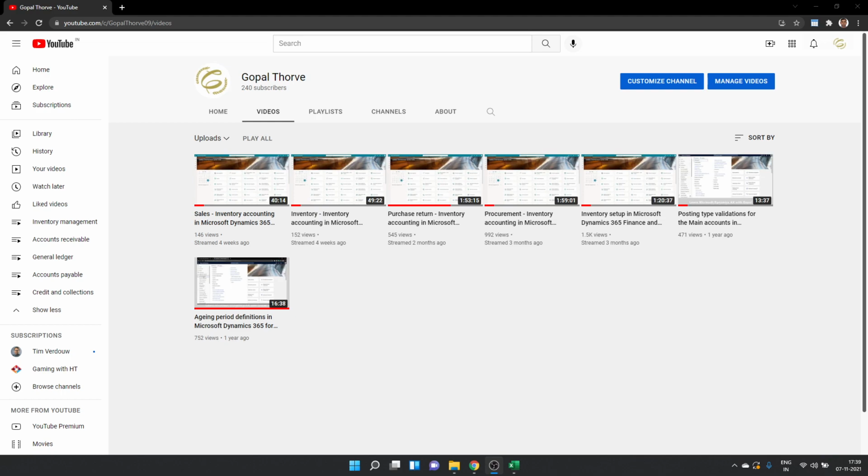So, first, we will look at how weighted average works while closing the inventory in system. And for FIFO, we will only work at Excel level. Okay, so let's get started.